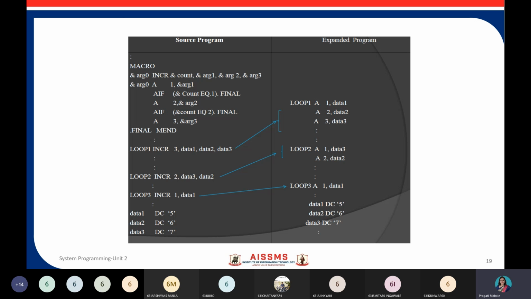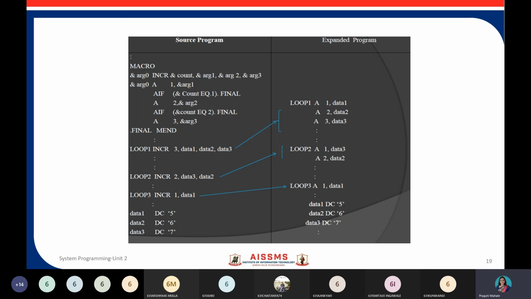I got 3. Is 3 equal to 1? No. So this condition is false, so it will go here. Otherwise, if it is equal to 1, where will it go? It will go to final. That means it will end the macro here. This is how it checks for the conditional expansion and proceeds with the execution, right?